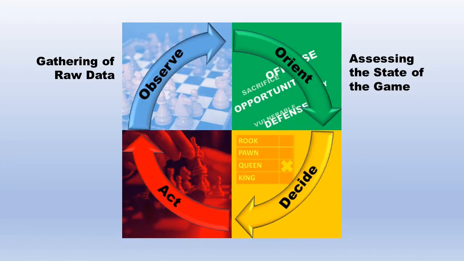There's no assigning meaning to the data yet; the assigning of meaning happens in the orient step. They're gathering that raw data to assess the state of the game and assess trends in the game. For example, if we're playing chess, the player is assessing: are my pieces vulnerable? Are my opponent's pieces vulnerable? How long will it be until I may win the game? When I might lose the game, and so forth.